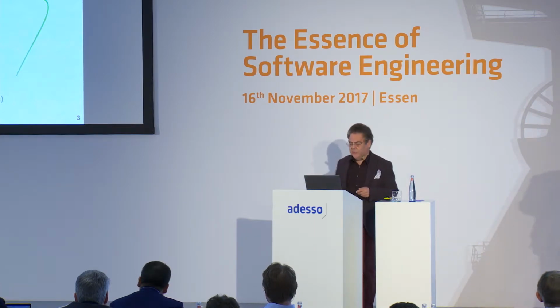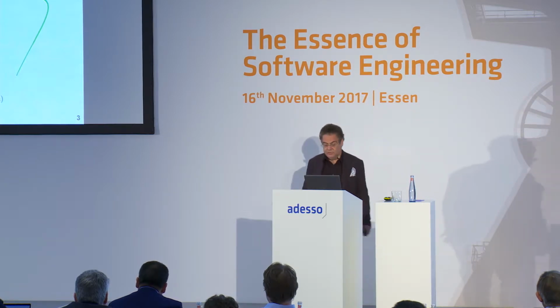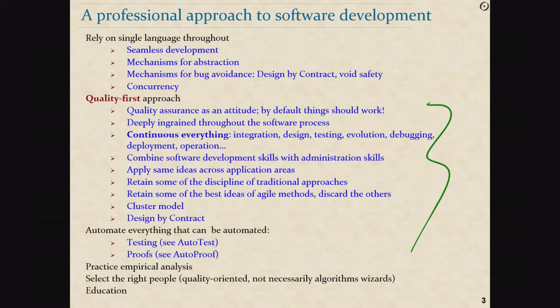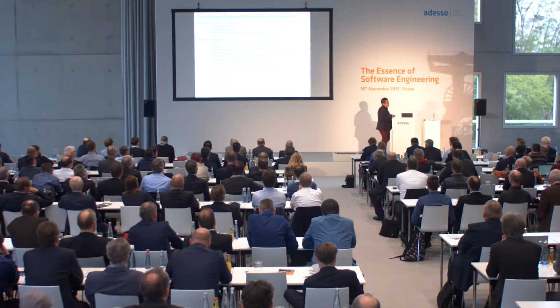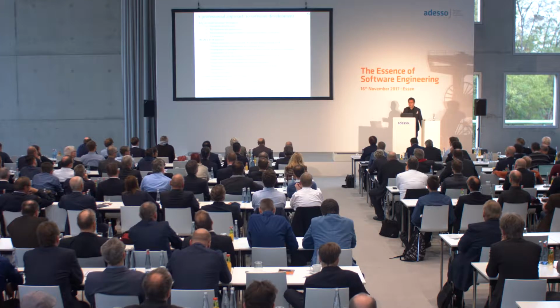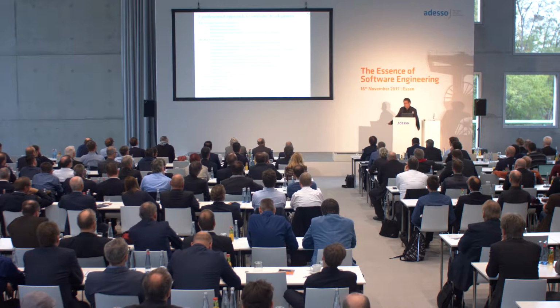And so there's all these things about which I will talk later on, and also focus on automation. We should automate as much as possible. Yuri Brun talked this morning about automated testing. I'll have something to say about this. An important development in software engineering over the past 20 years has been the rise of empirical analysis, with some successes and some failures, but what we have learned is that we cannot just accept great ideas at face value. We have to validate them. And of course, people remain absolutely key, and education.